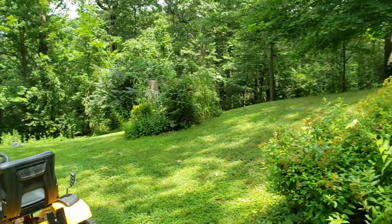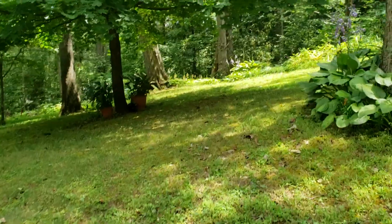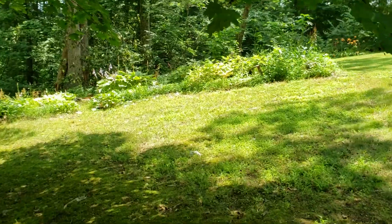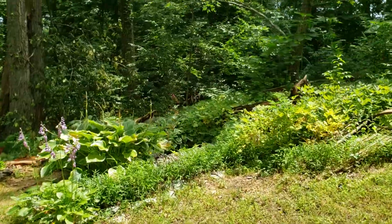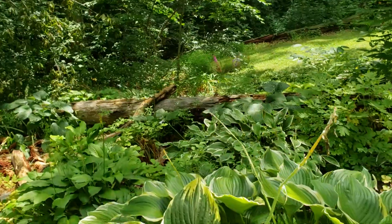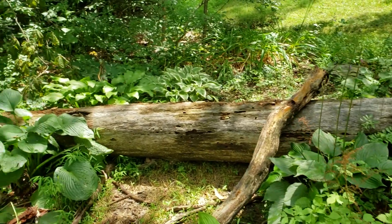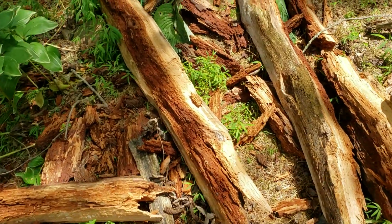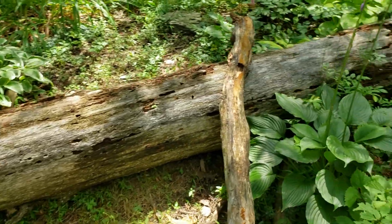So the Forbidden Garden had a big tree that fell over. It was kind of leaning up against the other trees, and I was always worried that it was going to fall and crush somebody or something. Well, last week we had so much rain, and apparently it was so dead and finally soaked up enough weight that you can see there is no more tree leaning up there. It is now down here. So it did some damage. You know, even these chunks here, that's big enough to crush somebody right there. So this whole tree coming down